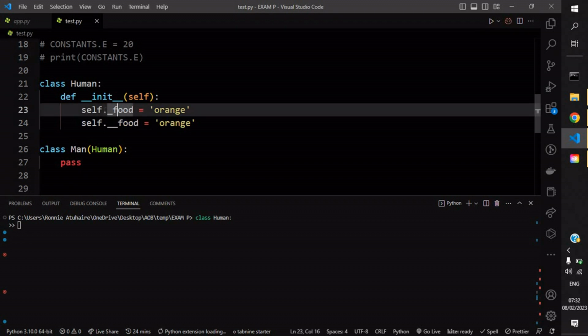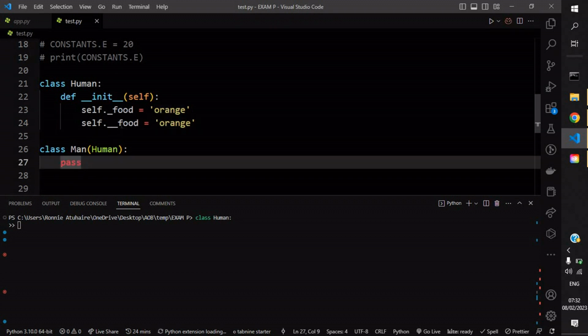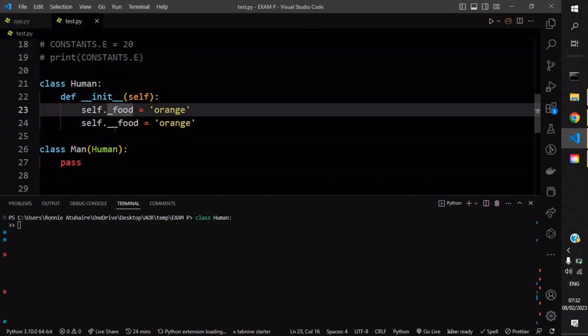This is private. It's only accessible within the entire module, the entire inheritance, or any instance that's being created from the subclass. Every subclass will have access to this, but will not have access to this orange here of double underscore.